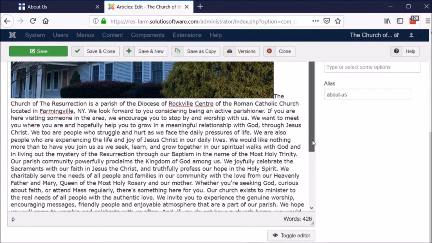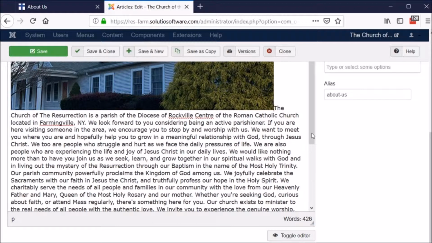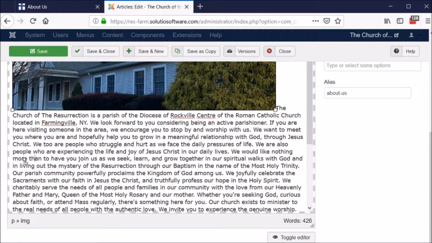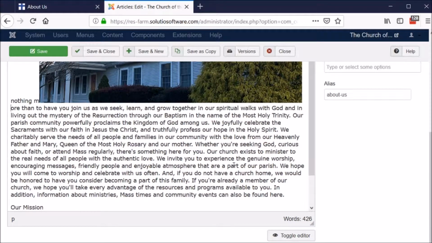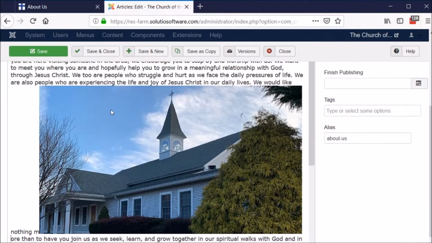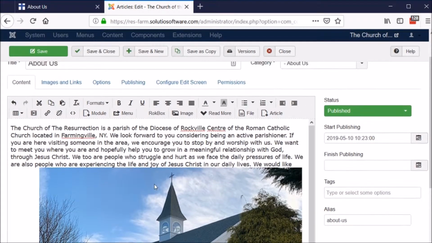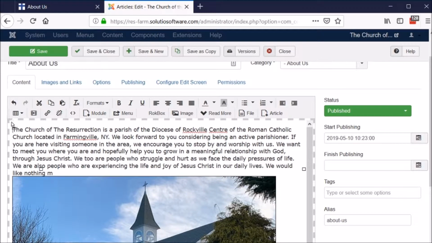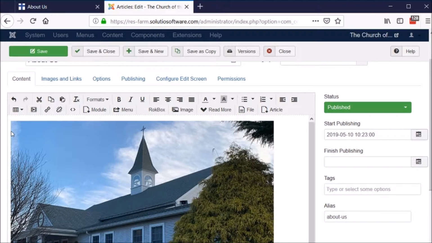And that's what's going to happen when you first put a picture inside of an article. Depending on the browser you're using, you might be able to click and drag that picture to move it up and down the article, though it might be more frustrating and might prove easier to remove that picture, put your mouse cursor where you want the picture to go, and then use the click and drag feature or insert a picture into the article. So I'm going to put this back at the front of the article, and then choose